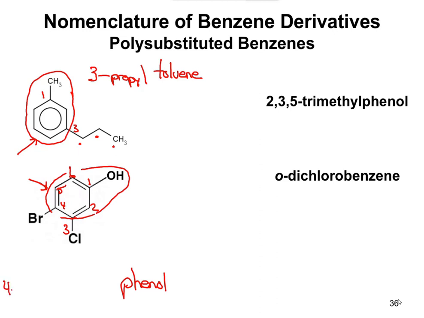So it's going to be 4-bromo-3-chlorophenol, right? And that's going to be your final answer for that one. And now if we look at the ones on the right where we have to draw the structure,